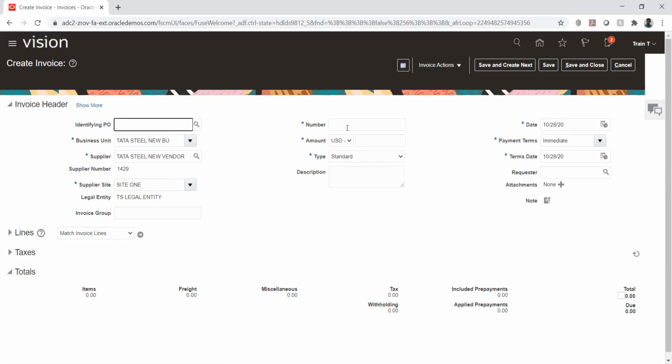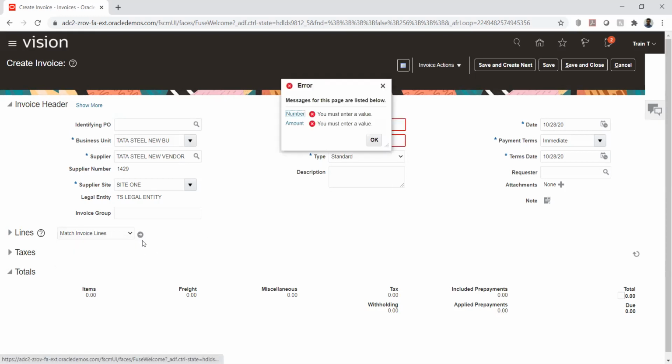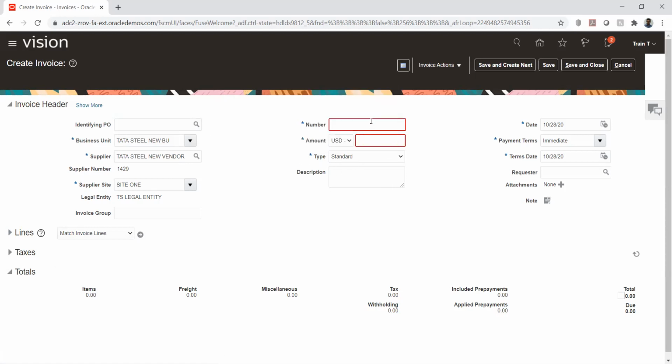So the only thing we will do is enter the invoice number, and we will enter the amount and the lines and these things. And here we can match. So here if you see, we can match with lines. So if we give this particular option,